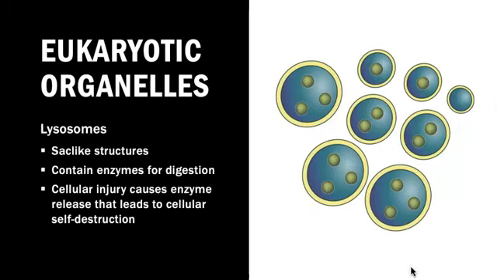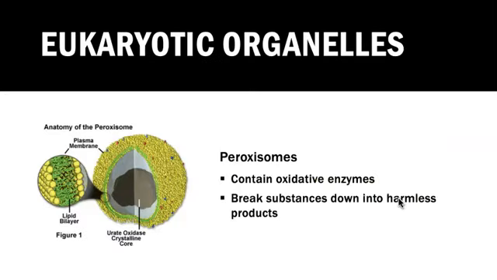All right, here we have our lysosomes. These are sac-like structures that are found throughout the cytoplasm. They contain enzymes in here so that they can digest either pathogens or certain components that the cell no longer needs. And if a cell were to become injured, that could cause a release of these enzymes that can lead to cellular self-destruction. Something that people get mixed up with our lysosomes are the peroxisomes, and these also contain enzymes,